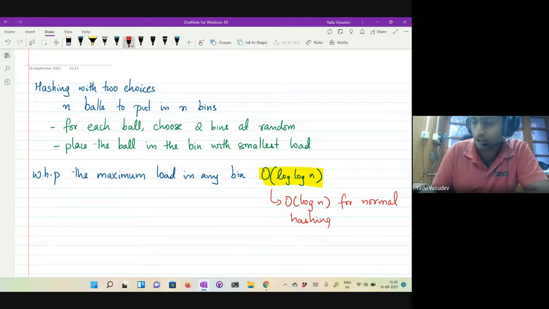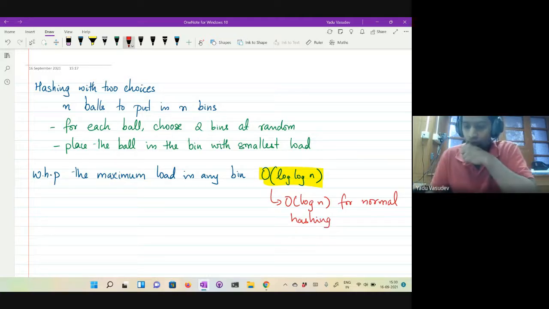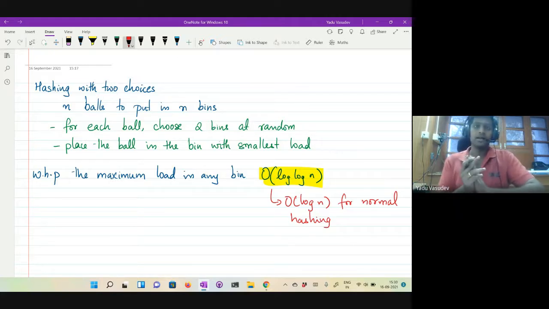So it's a sort of exponential improvement over normal hashing. If you do this very simple trick of choosing two bins at random and then placing the ball depending on which bin has a smaller number of balls, there is an exponential improvement in the maximum load in the bins.